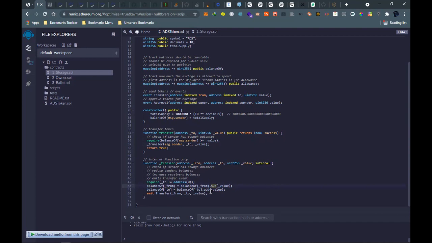SafeMath is a library used for calculation, and we will get it from OpenZeppelin. Then we have the balance of the receiver, which we should increase once we have subtracted the value. Then we emit the event transfer with the 3 parameters from, to, and value.